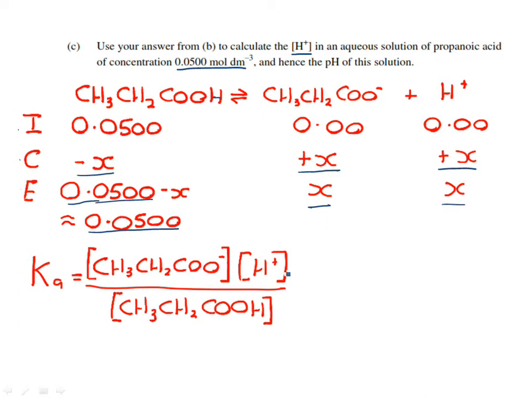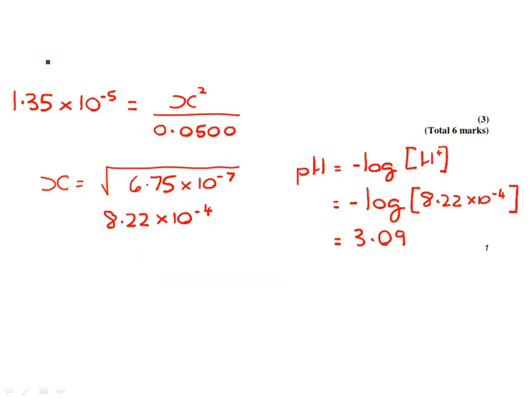Just to remind you, this is what we did earlier. Now on the next slide, there is my Ka, which I deduced in part B, okay? And we have X squared here, and this at the bottom is the initial concentration of the propanoic acid here. Now what you have to do here is solve for X, okay? Now to get X on its own, I've multiplied both sides by that, which obviously cancels these two out here, and I obviously have to multiply that by the same on this side,